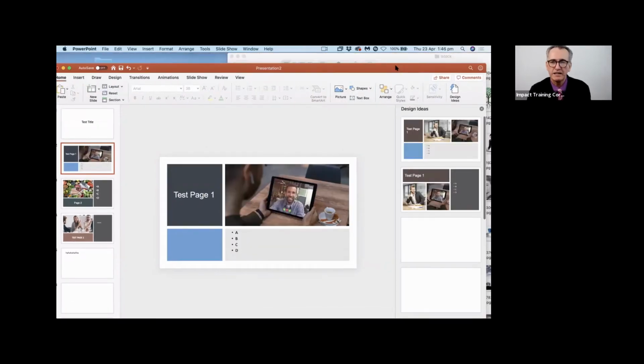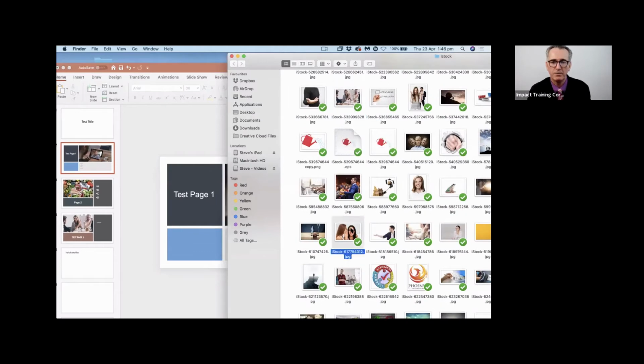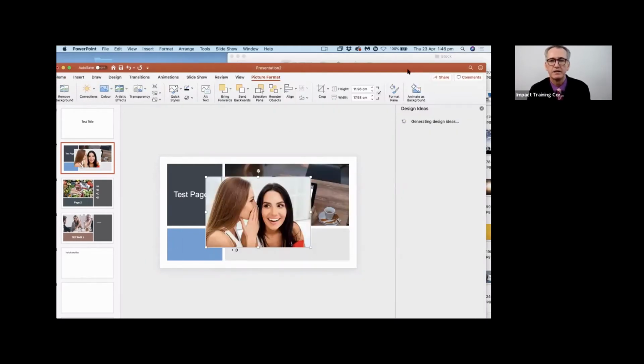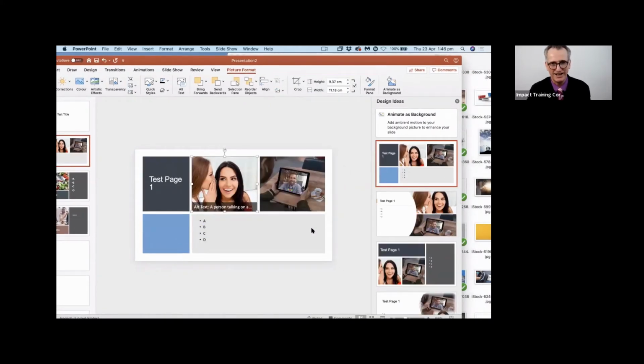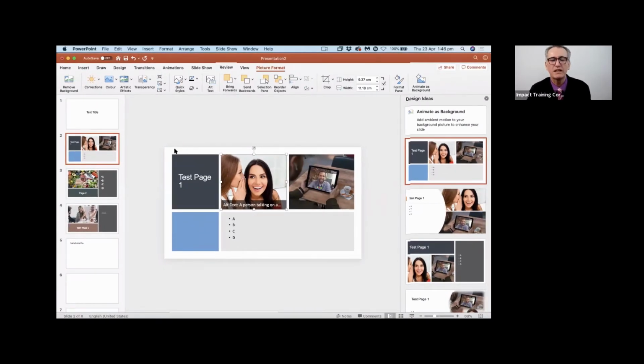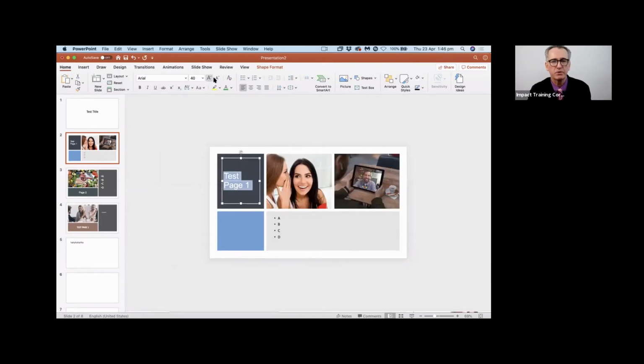I find it a little easier. I'll just go to iStock. I'll find one, as I showed you before. I like that one. I just drag it over. And then it stays there. And then if the little widget at the side there likes that one, it's now got 2 pictures in there. You see? Really easy to do. Oh, that went a bit smaller, so I might have to make that a bit smaller or bigger.